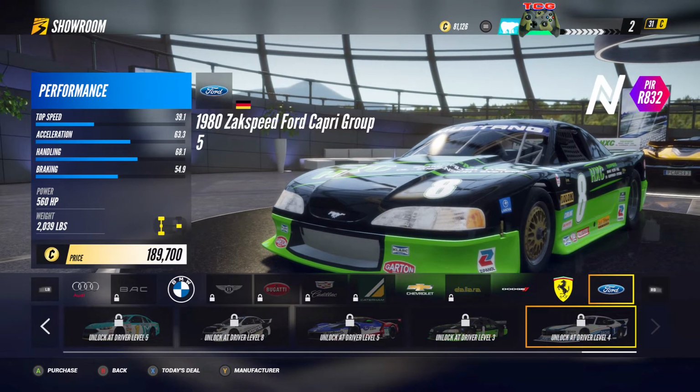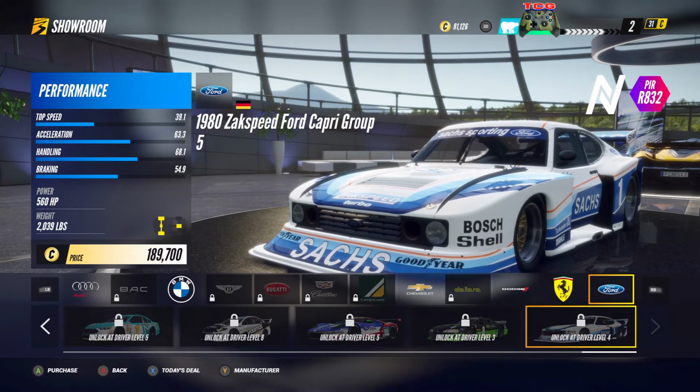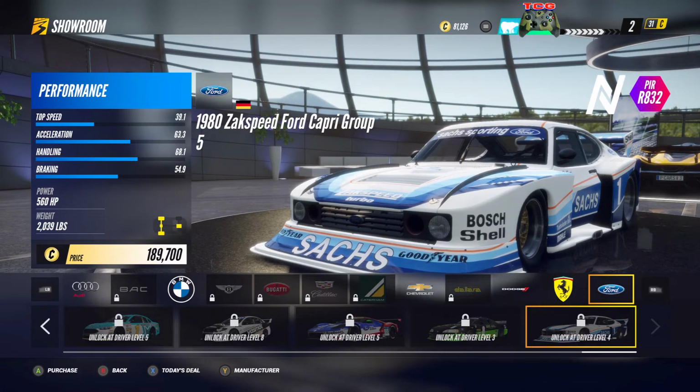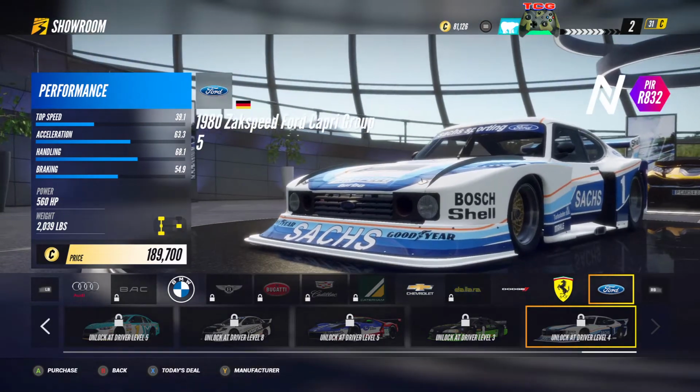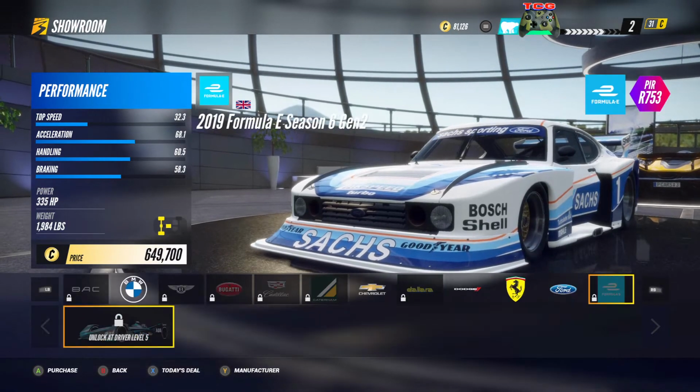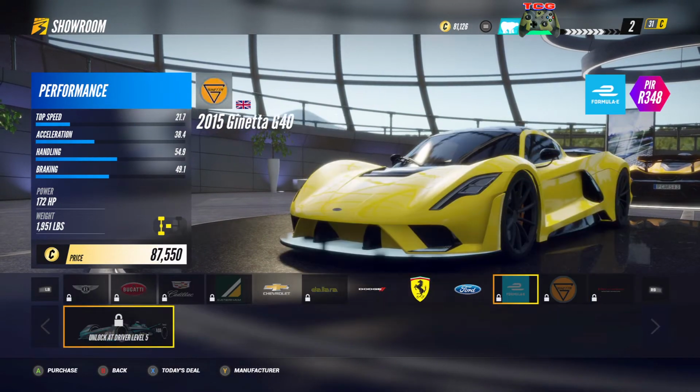And you have your Zakspeed Ford Capri Coupe. I'm not sure what all that means, but it looks like a ginormously altered Mustang to me. That's what I'm going to say on that. Of course, you have your Formula E's. You have